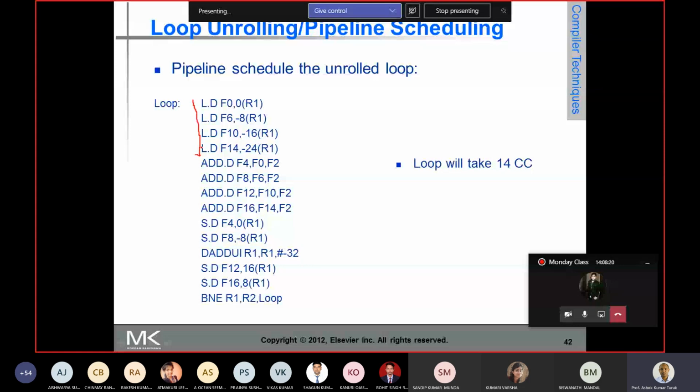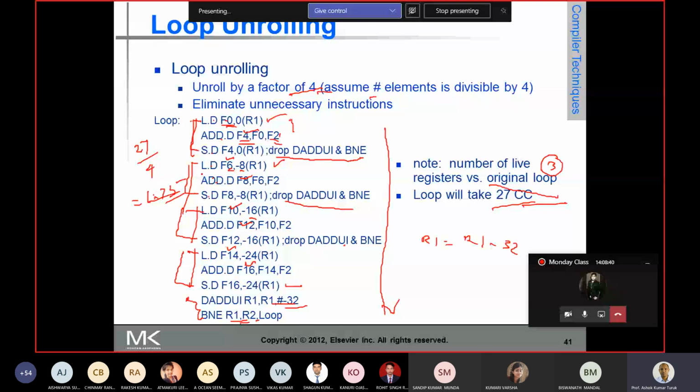After these load instructions, you can execute these add instructions, and after these add instructions, you execute the store instructions. Now you first execute all the load instructions, because all the instructions are independent. So you find the independent instructions and overlap their execution. All the load instructions are independent, so you execute all the load instructions. Then all the add instructions are independent.